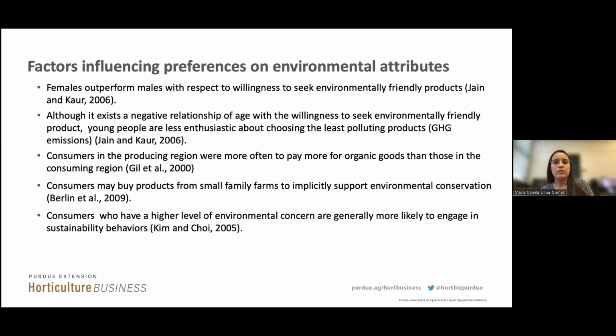Also, we can consider regional differences that can be associated with preferences when buying food products. For example, Jean et al. in 2000 concluded in their study on market segmentation and willingness to pay for organic products in Spain that consumers in the producing region, Navarra, were more prepared to pay more for organic products than those in the consuming area, in this case, Madrid. So consumers may purchase products from small family farms to implicitly support rural economies and also the preservation of the